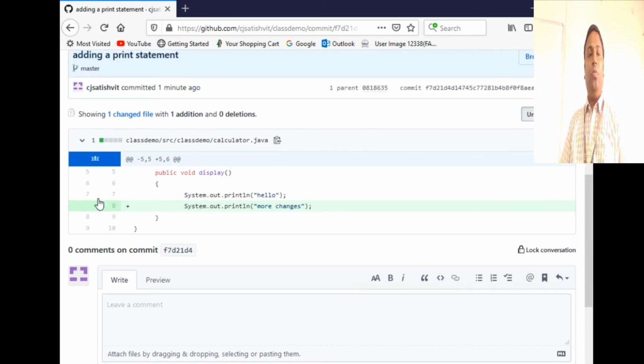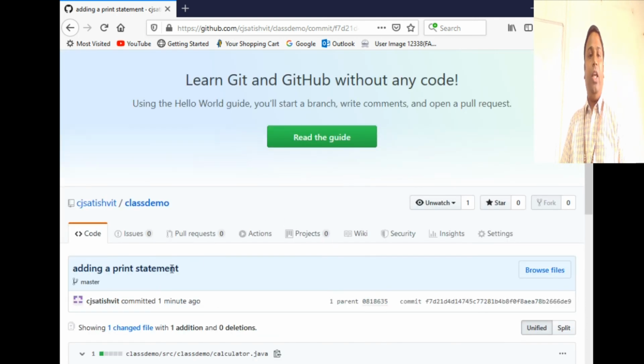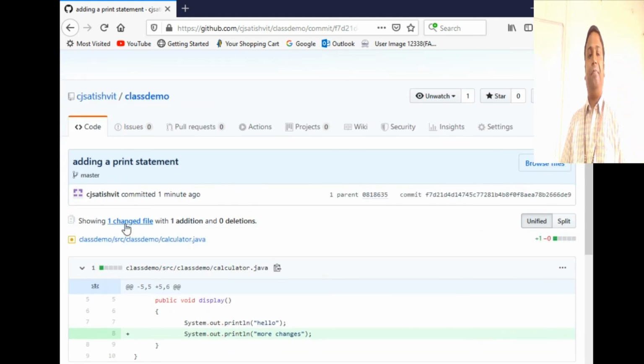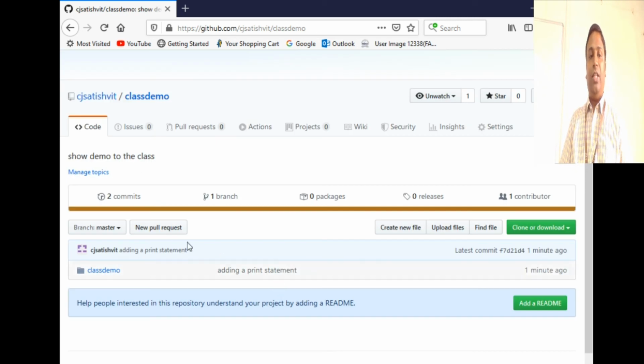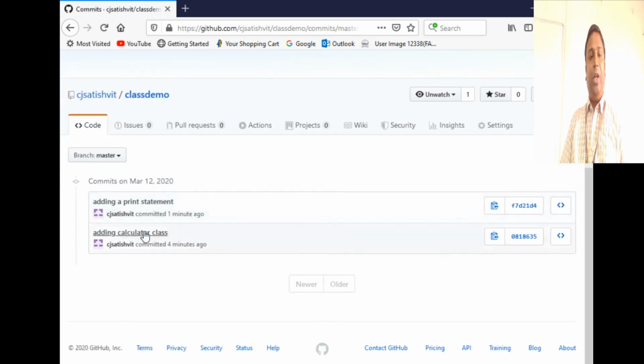Likewise, I can also see the previous versions of the code. So where is the previous version? You can see all the versions of the changes. For instance, 2 commits. What are those 2 commits? Let me go and see. This is one commit, this is one version. This is another version of the code, and who has committed when. So once you link to the GitHub repository, you're going to simultaneously work on Eclipse and just push the changes. Finally, you bring your laptop, run your Eclipse code. It should work fine. That's the demo.